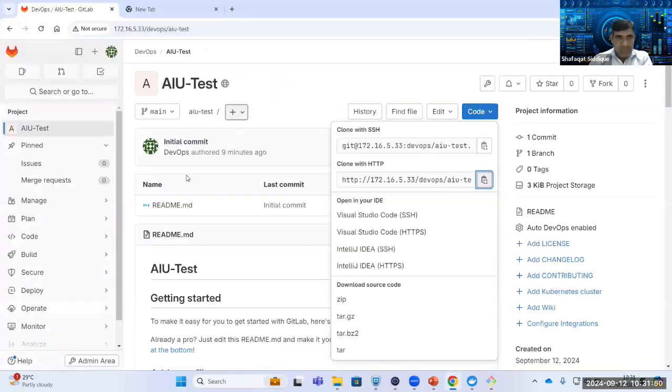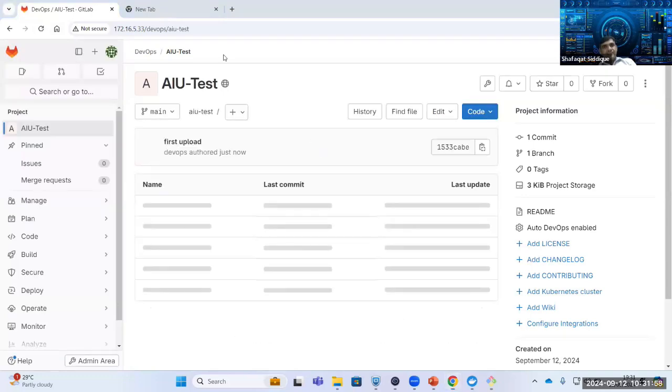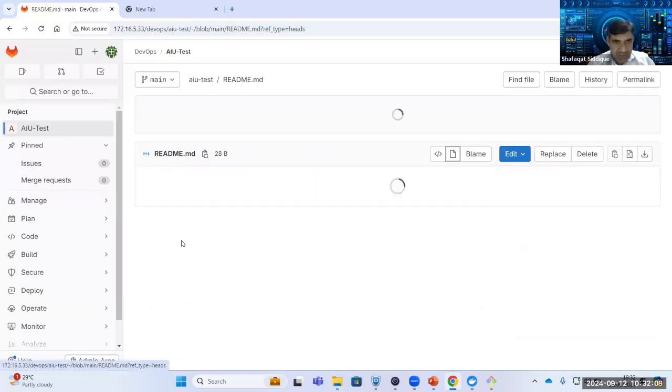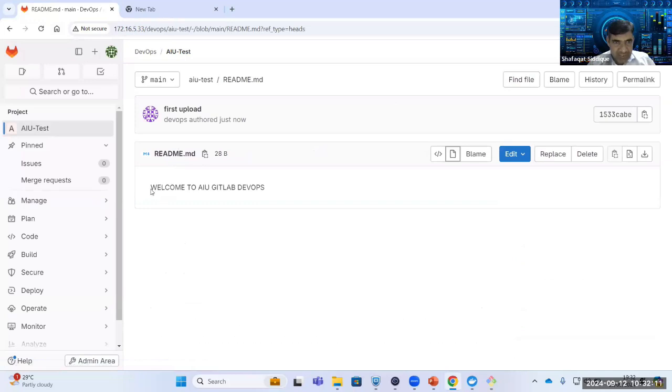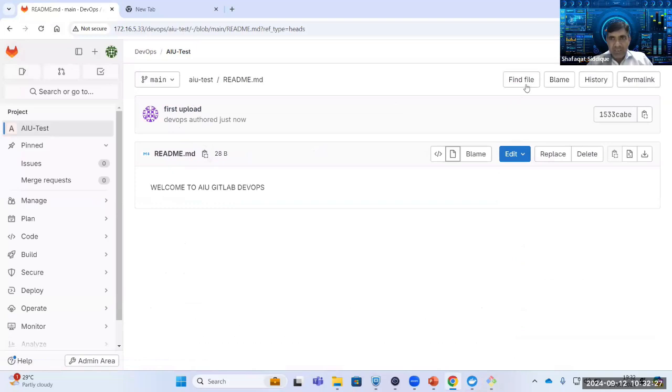Now go to GitLab and this is our code. I just refresh it and check. Now you can see DevOps authorized just now. Just now we have changed the code. And if I click on the README file, it says, welcome to AIU GitLab DevOps. I have deleted everything from there and pushed it to my GitLab. And if I go into the history,